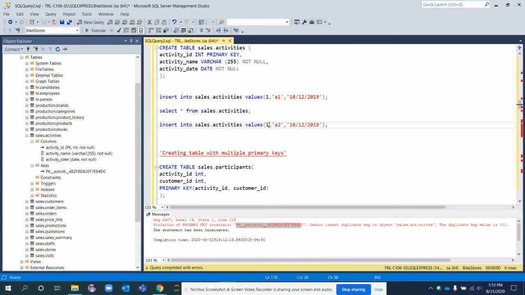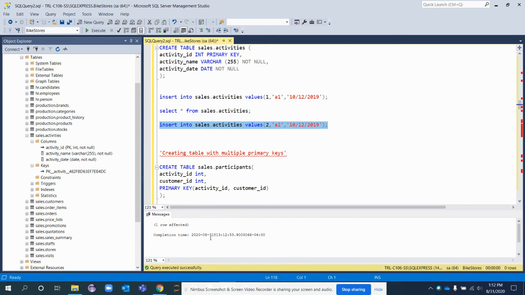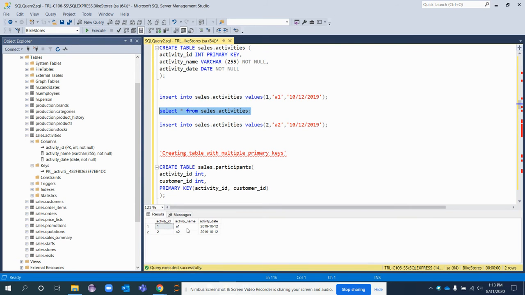So what I can do is change the activity ID value from 1 to 2. Now they are distinct, unique values. Let's see whether this time I'm able to do that or not. It's successfully executed, and if I select it, you can see these two records are inserted successfully.